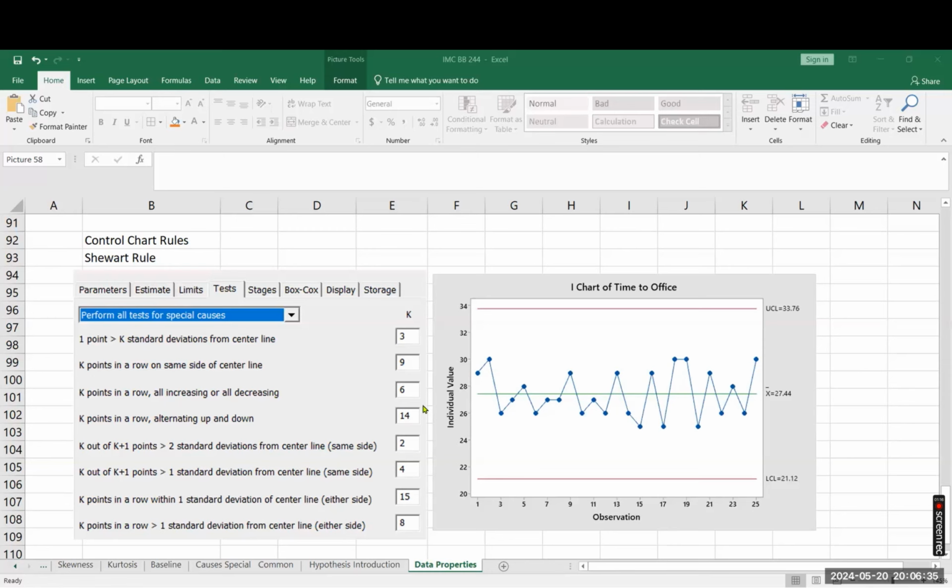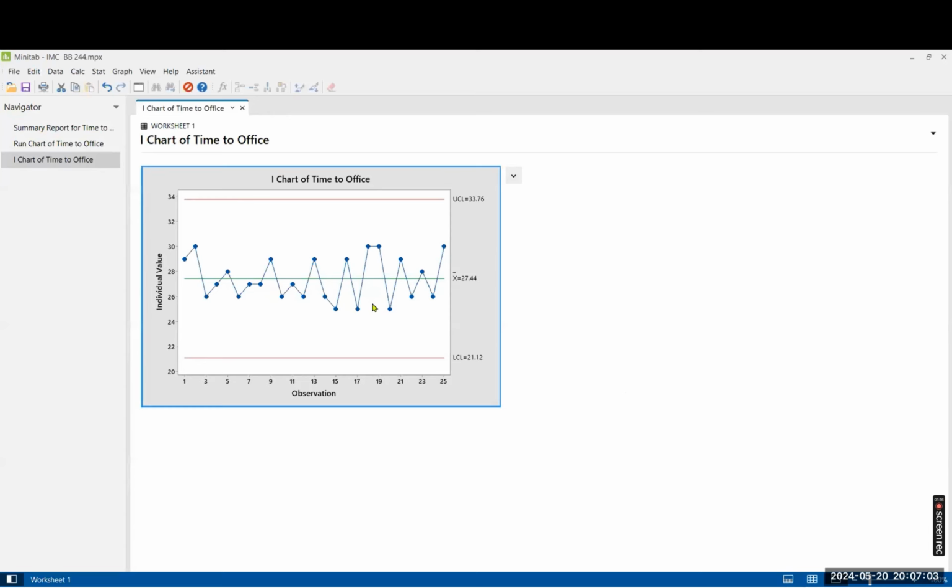So you need not worry about which rule is failing and which is not failing. In case there is any special cause, it will automatically identify which rule is failing here, and it will show it as a red dot. I will show you one example. Let's say rule number 1, in the Minitab data. Maybe this value is currently 30 at 80 and the value is 33 for the upper control limit.